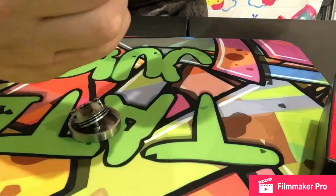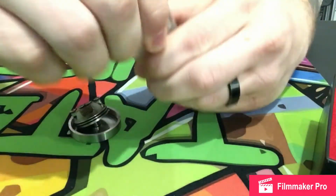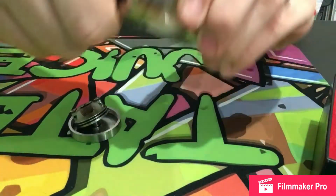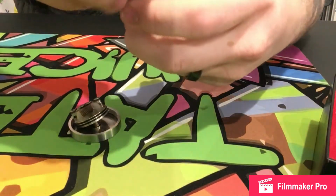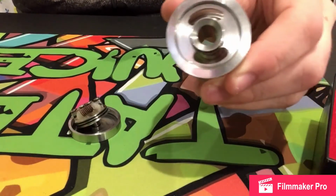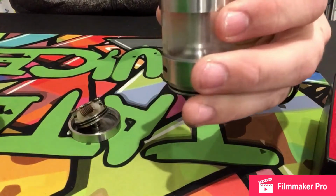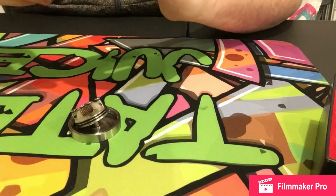And then, of course, you fill your juice through the top cap, which on both of these, you can literally pour juice in these holes. These are my personal collections. I bought them myself, so